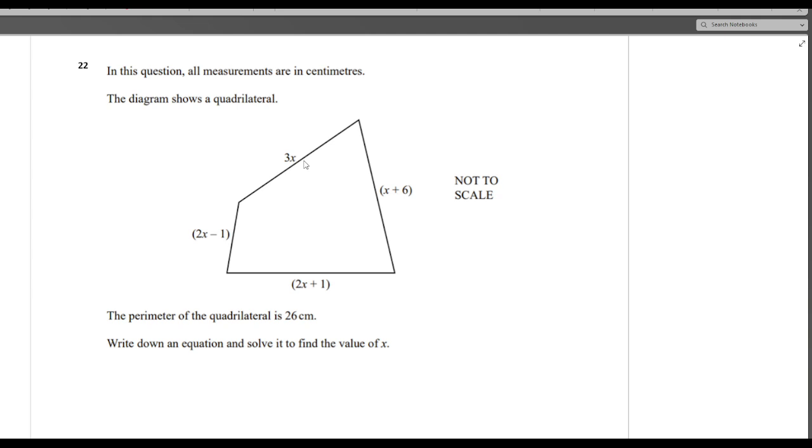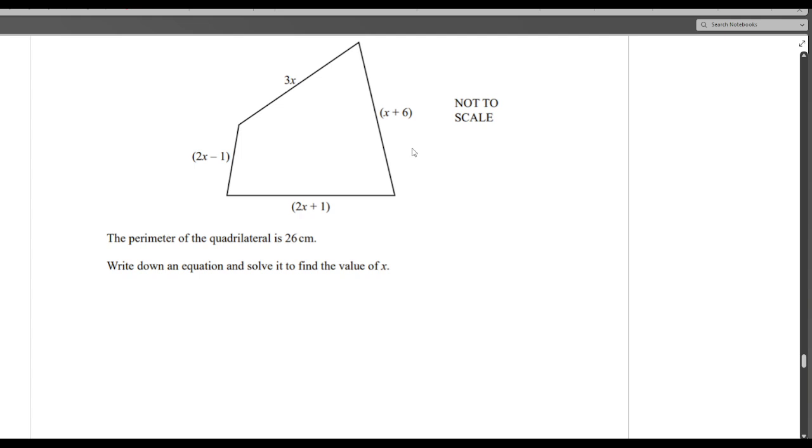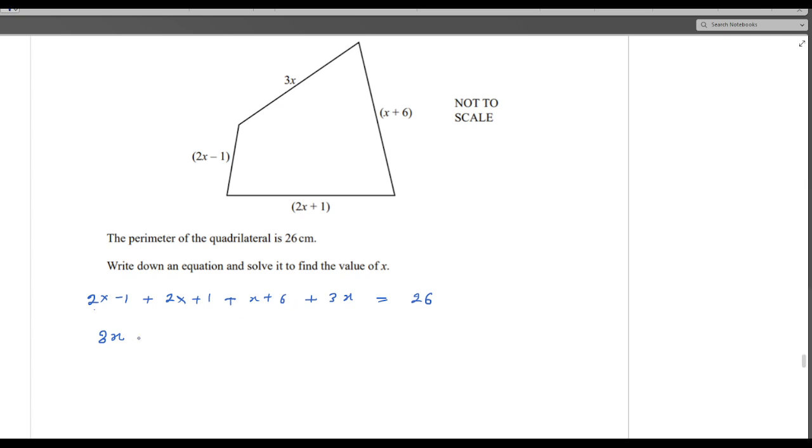Now perimeter is the sum of all the sides. So here let us add all and equate it with 26. So you have this 2x minus 1 plus 2x plus 1 plus x plus 6 plus 3x. You add all these and you will equate it with 26. So 2x plus 2x is 4x, 4x plus x 5x, 5x plus 3x is 8x. So your 8x, now this minus 1 plus 1 will cancel and I have plus 6. So 8x is equal to